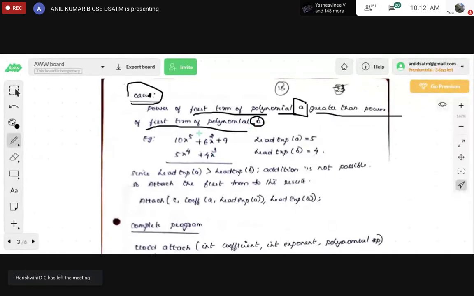So the first polynomial's first term power is greater than that of polynomial b. Majorly, the first term only we should check. This is the first term, t1, we may represent it as t1.